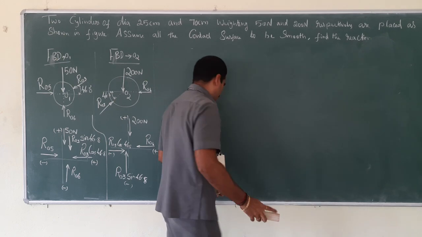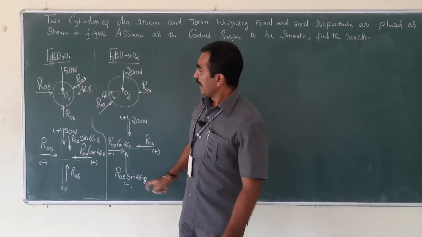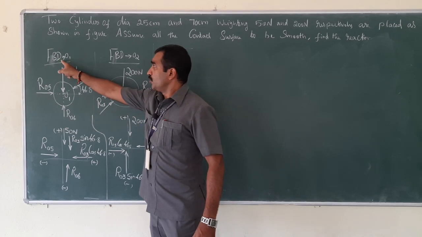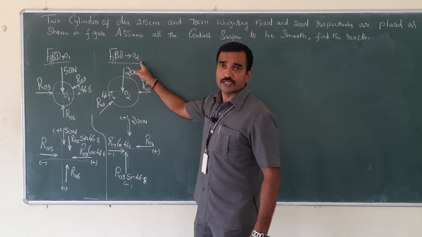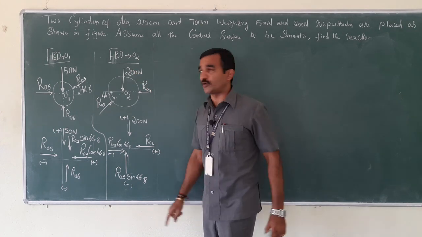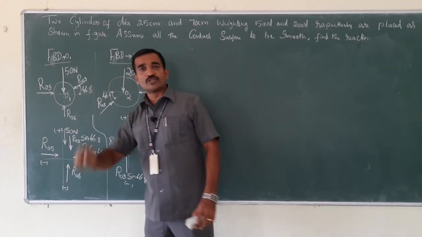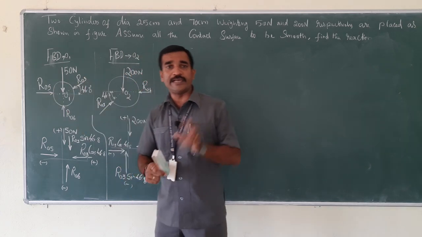So now I'm going to proceed further. Look at here, from where to proceed. I have a couple of free body diagrams, right? FBD for cylinder 1 and FBD for cylinder number 2. Look at here, how many unknowns are there as far as O1 is concerned. Here 1, 2, 3 unknowns are there, right? R01, R03, and R05 are the three unknowns.